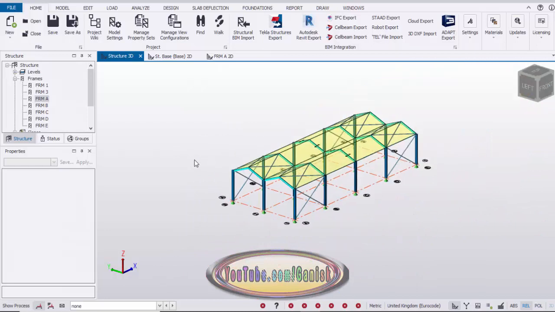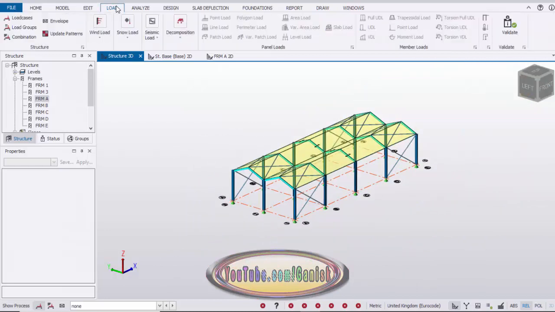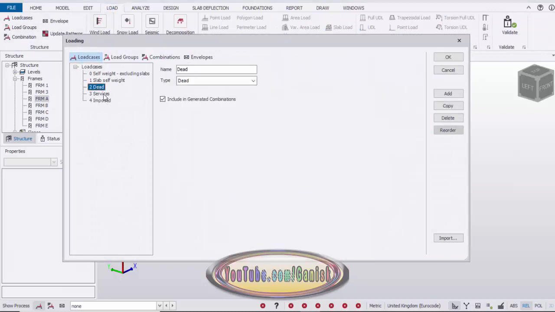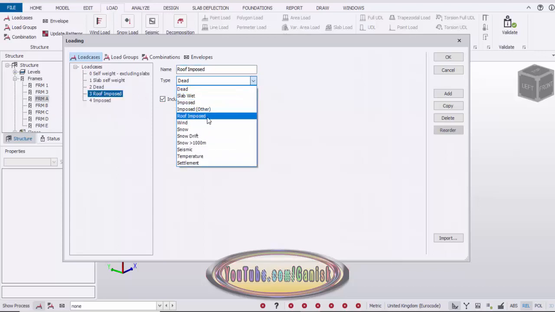Now we're going to create the load cases. So click on this load and select this load cases. Now we have the dead load, and second one is the roof imposed load. So select this option and click on here and rename it as roof imposed, and you need to change the type also, roof imposed.